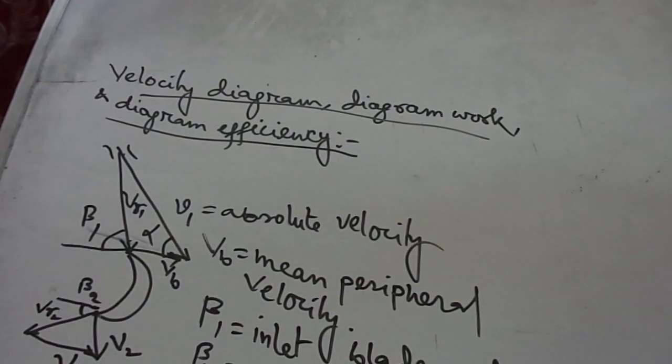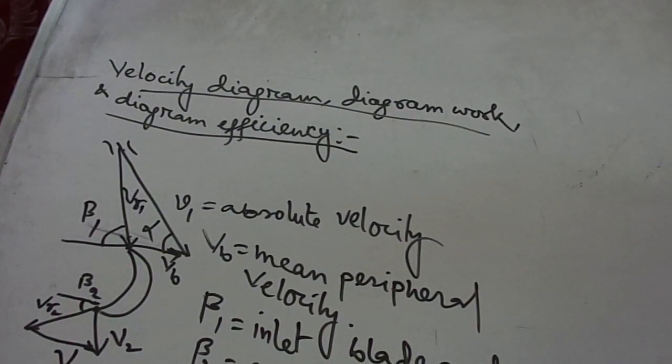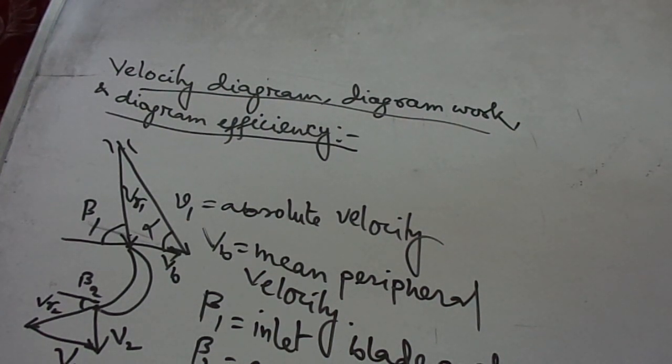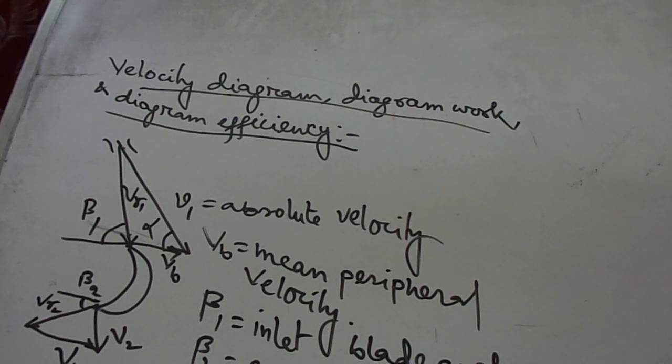The inlet and exit velocity triangles are shown here. If all the angles are measured clockwise, then gamma is the exit blade angle, 180 degrees minus beta 2. Delta is the angle made by the absolute exit velocity of steam leaving the blades with the plane of rotation of the wheel.